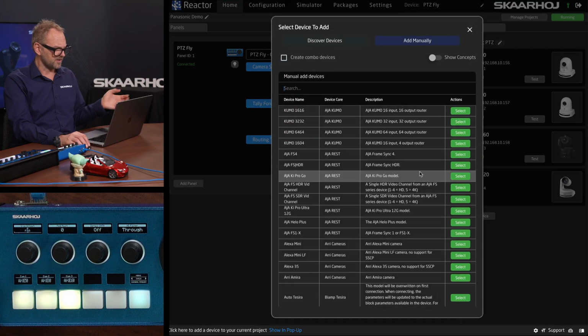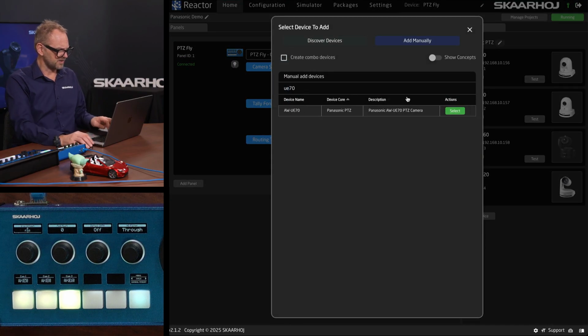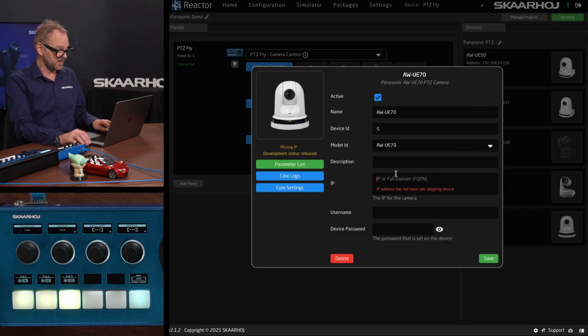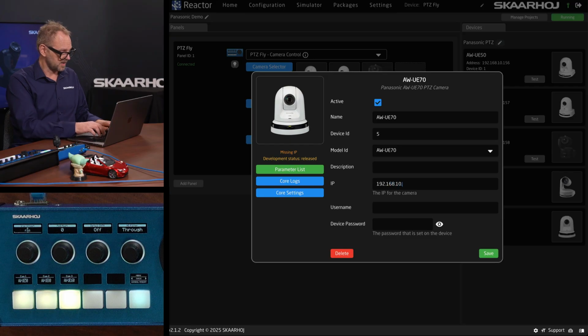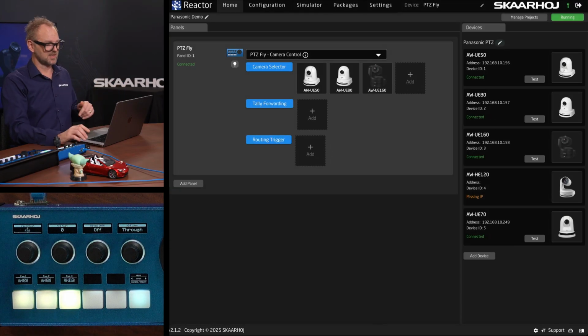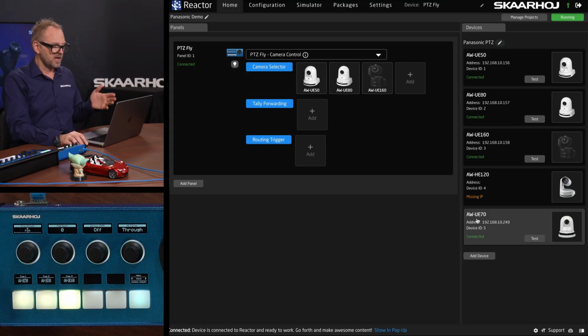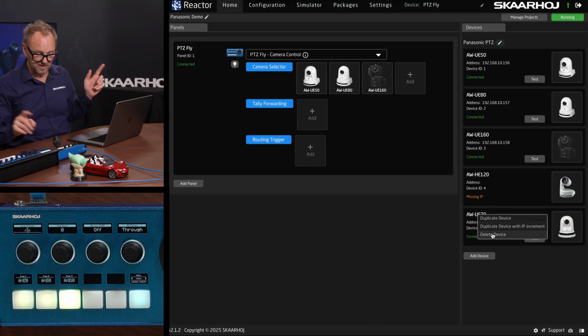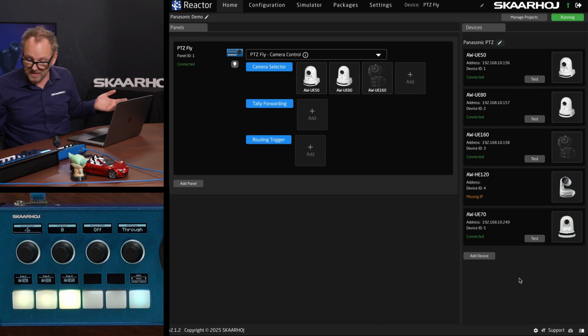I do have another, I think UE70 on the network, and if I can remember the IP address, maybe we are lucky today to have it join us for this session. We'll just see. Oh, yes, but I don't have a feed from it. Anyway, it's that easy to add new cameras,